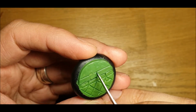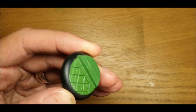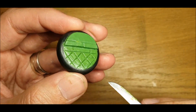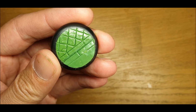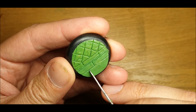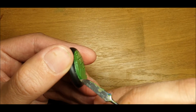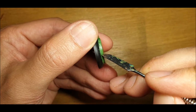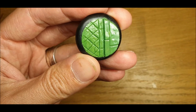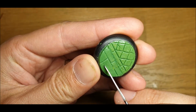I have absolutely no idea if they have curbstones in Venice or anywhere medieval, but you know, I think that was pretty cool. And then on the top here we're going to go back to our random flagstone pattern to kind of match the rest of the bases. So this is obviously a base that's in a slightly posher quarter. So I'll just pull a line across here, and then the same again. I'm going to go down a little line vertically on that side there. And then we'll go line down there,